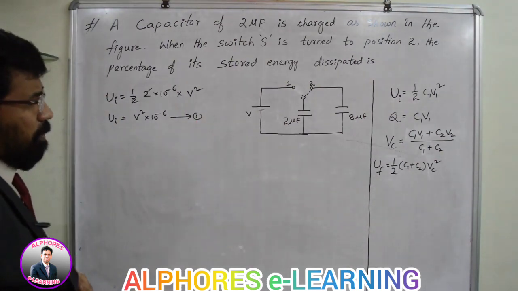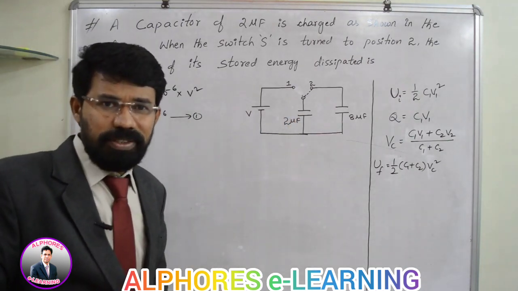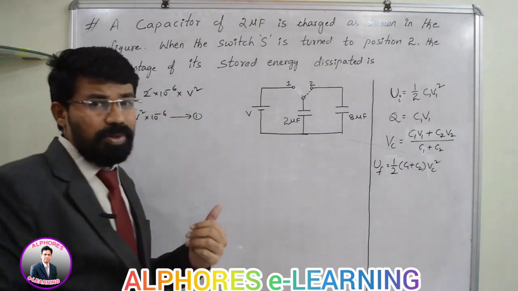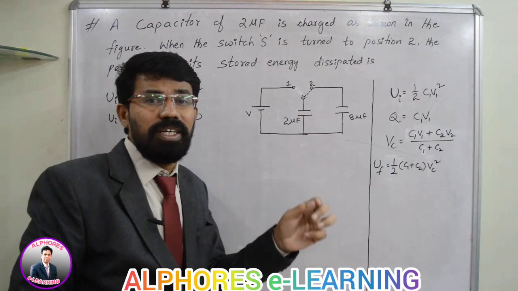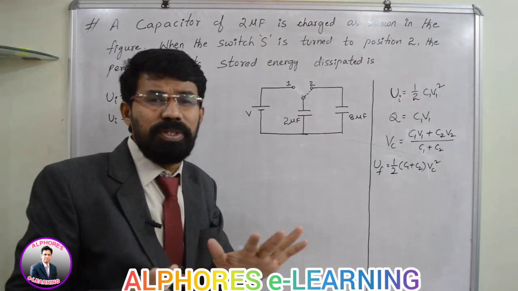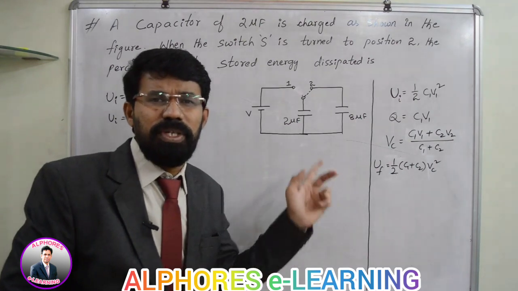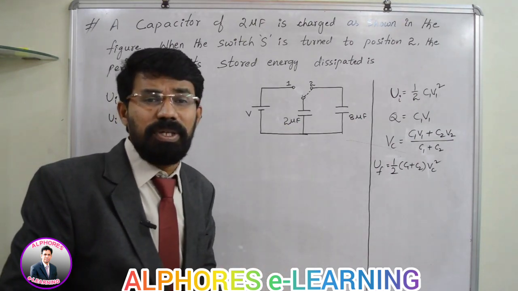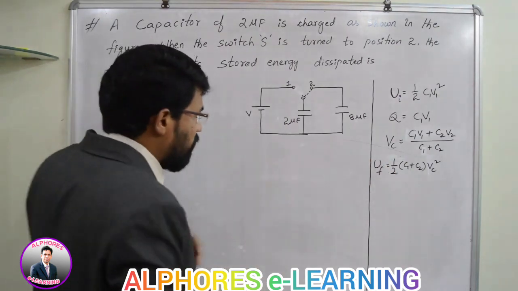Now I said there is a flow of charge from this capacitor to this capacitor. Obviously that occurs, isn't it? So let us find out the common potential. I told you about common potential. There will be a flow of charge from this capacitor to this capacitor as long as there is a potential difference. If both the capacitors attain the same potential, then there won't be any flow of charge, and that same potential possessed by these two capacitors is called the common potential, and this is the expression for common potential. Let me find out the common potential.